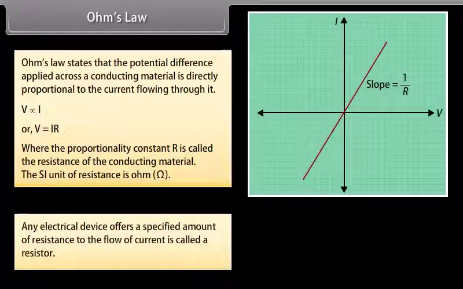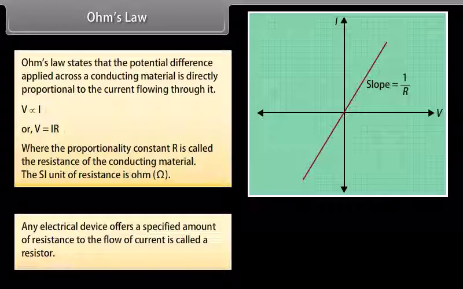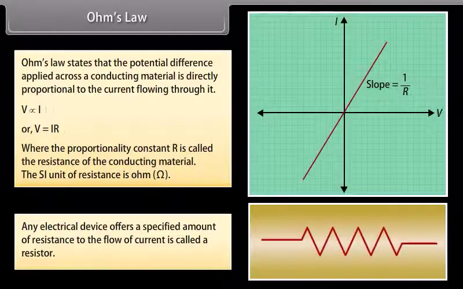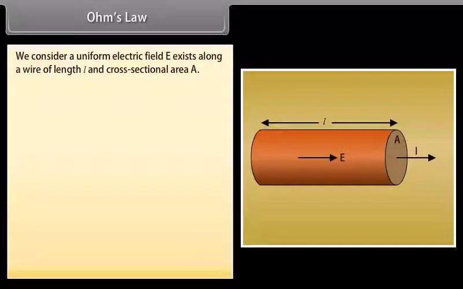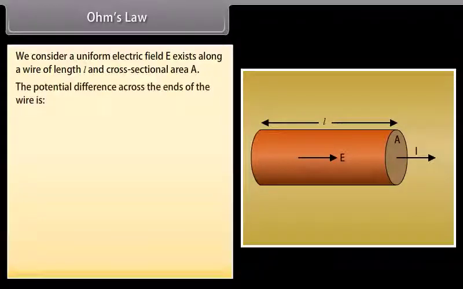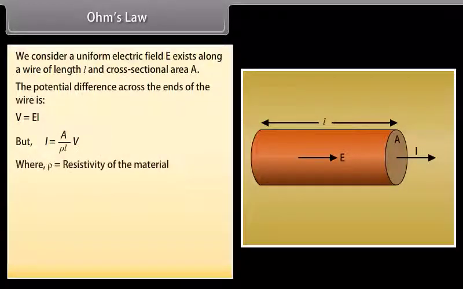Any electrical device that offers a specified amount of resistance to the flow of current is called a resistor. We represent a resistor by this symbol. We consider a uniform electric field E existing along a wire of length L and cross-sectional area A. The potential difference across the ends of the wire is given by V is equal to EL, but I is equal to A upon rho L multiplied by V, where rho is the